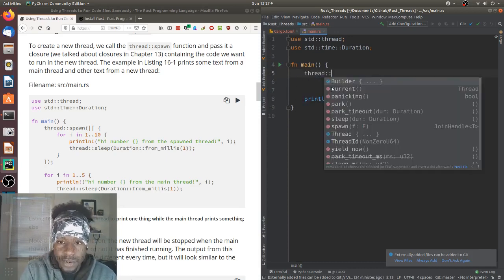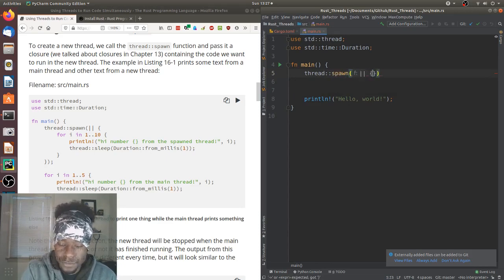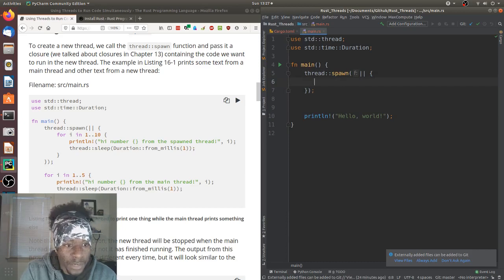We have thread. We have spawn, which is going to create our thread. We have our closure, which takes no parameters. And then we're writing our closure. And in here we have for i in 1 to 10. I don't think it's inclusive, but we'll find out in a second.